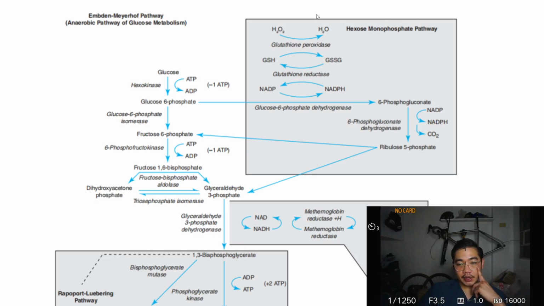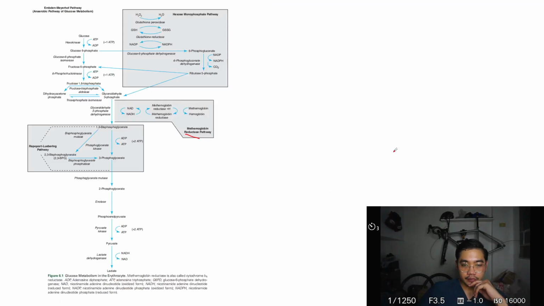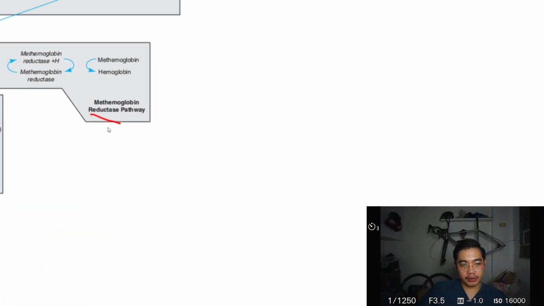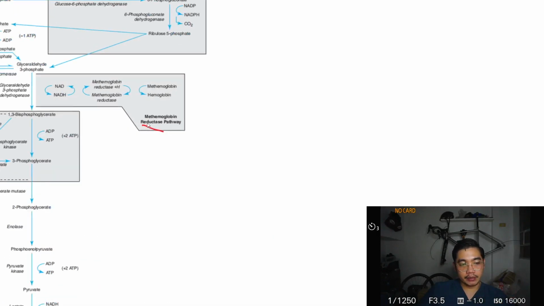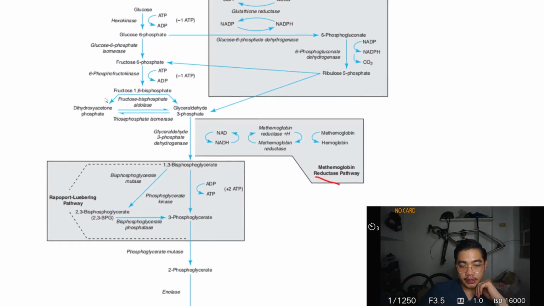I want you to remember that the hexose monophosphate shunt is the one in charge of reducing your glutathione because it is where your NADPH is shunted to. So another pathway is what we call your methemoglobin reductase pathway. This one over here. So we will talk about what's up with methemoglobin. Basically, methemoglobin reductase is where you reduce your